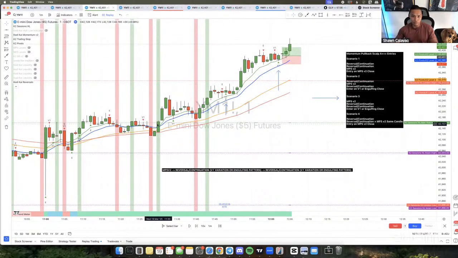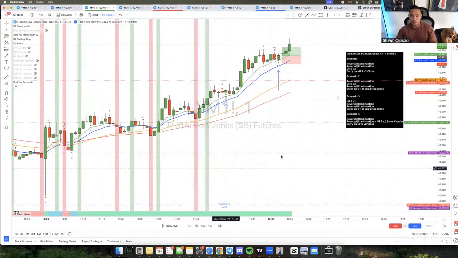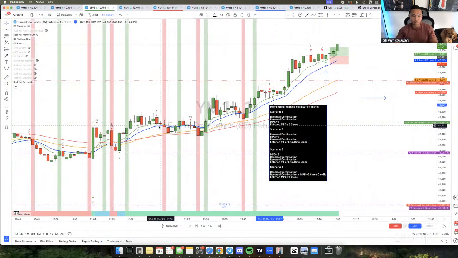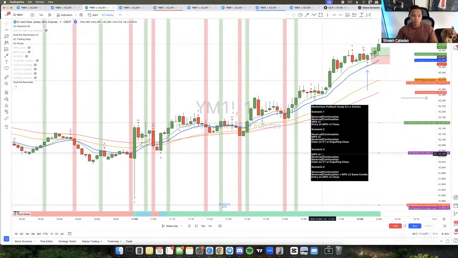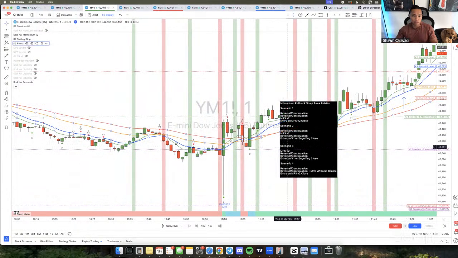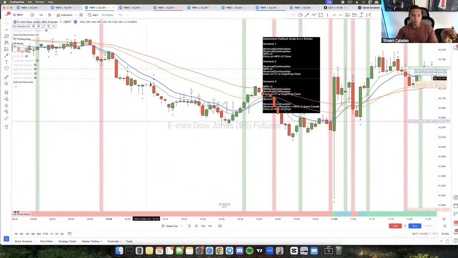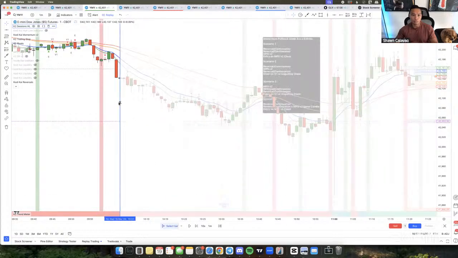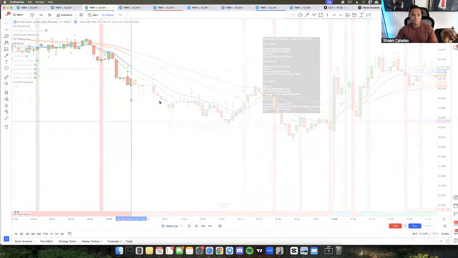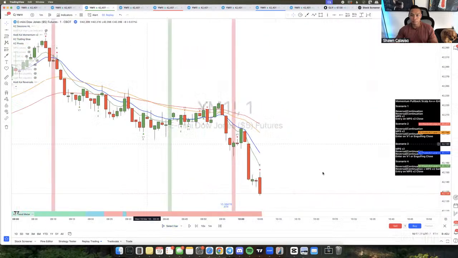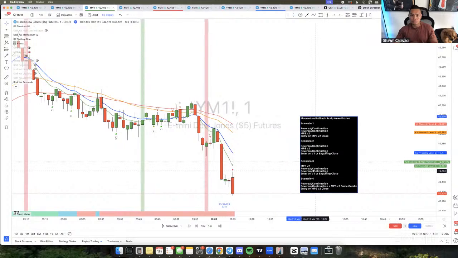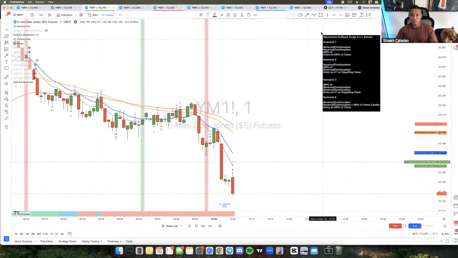So let me see if I can find another one, like with a different scenario. Usually these legs would have to run for a while. So right here we have a sell signal, MPSv2, 1, 2, 3. This engulfing right here is going to be the A++. There we go. All right, so this is actually the same thing. This is another scenario 3.